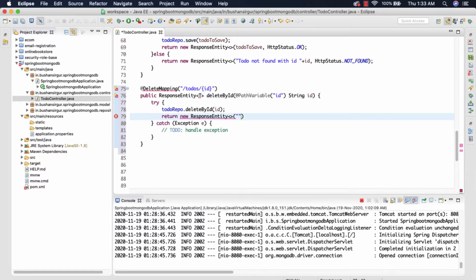We are going to return a message, successfully deleted with id, the one which it is looking for, and we are going to specify the HTTP status to OK. It's nothing but 200.